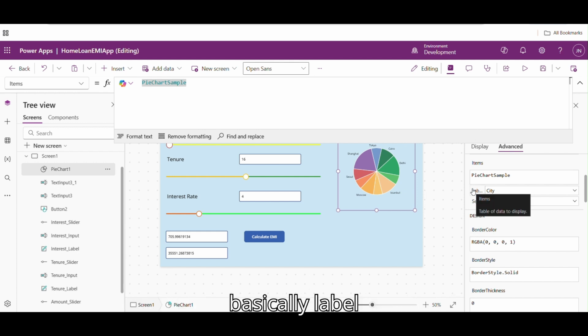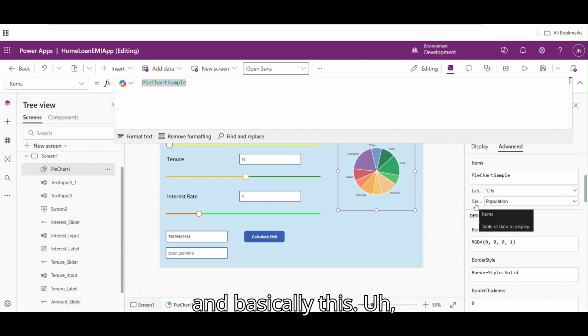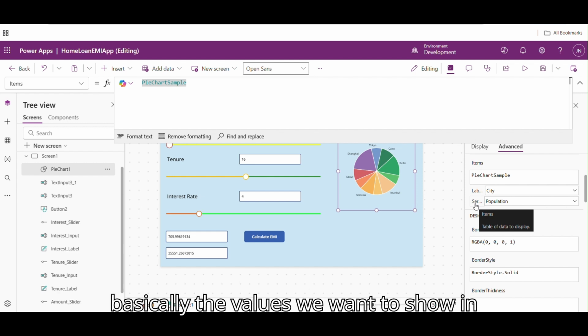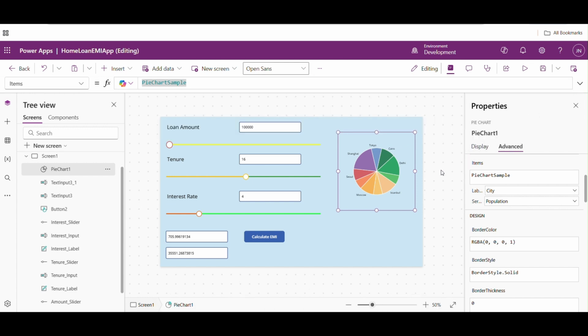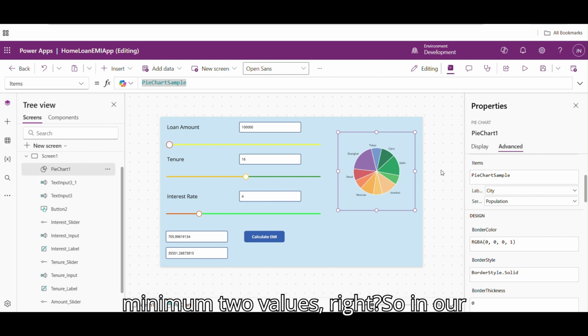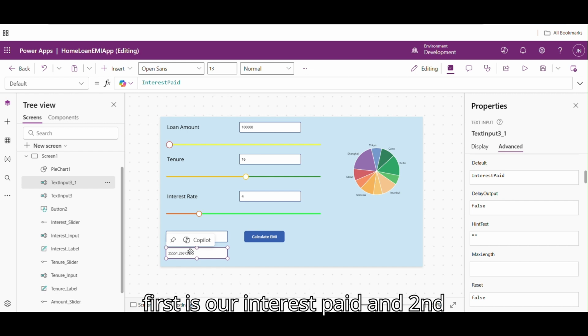So basically, the labels are what we want to show, and the series or the values are the values we want to show in the pie chart, right? For the pie chart to show, we require a minimum of two values. In our case, the two values we have are, first, our interest paid, and second, our loan